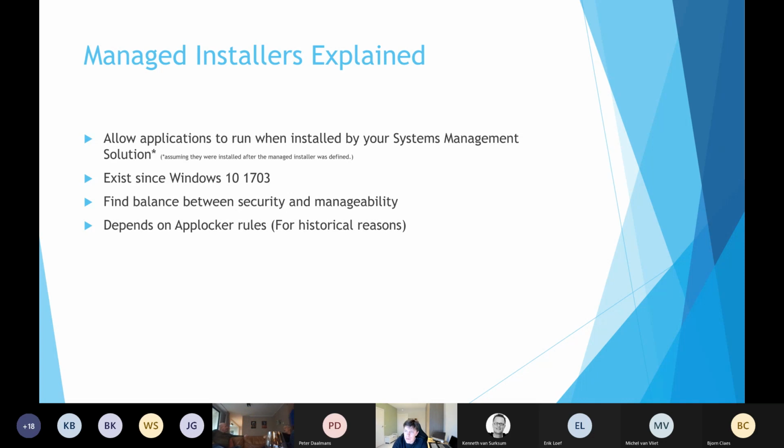Managed installers have been around since Windows 10 1703, and that's about the point in time where I got interested in doing Windows Defender application control. They make life a whole lot easier and will probably become hugely important within your Windows Defender application control projects in the longer run. In the short run, however, you'll probably still have to come up with a way to make applications that have already been deployed to your clients trusted anyway. Which brings us to